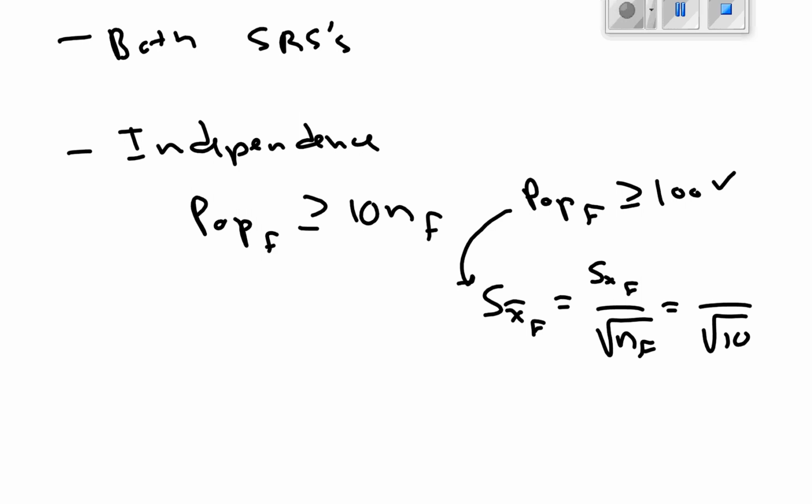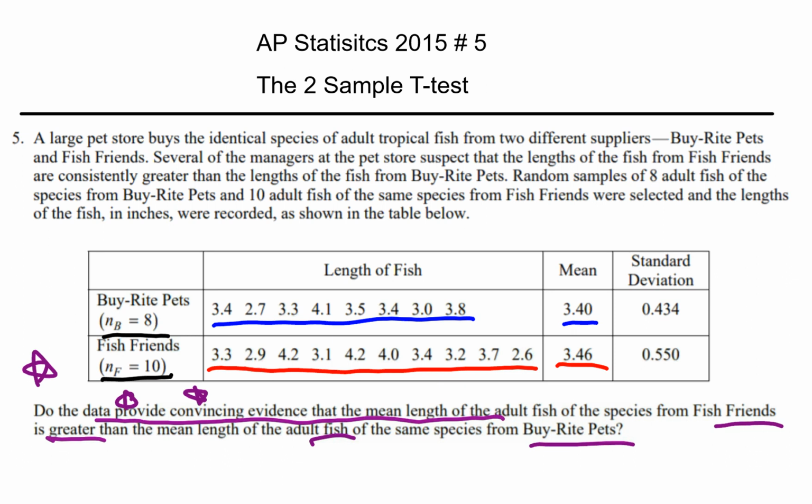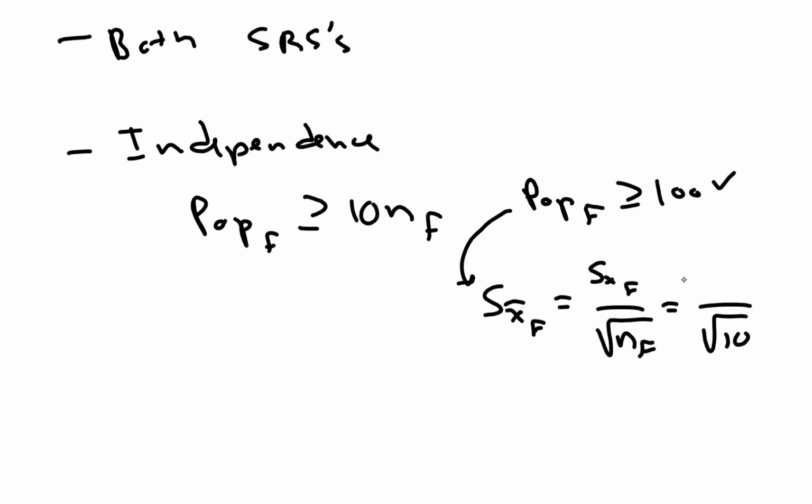Actually, before I go typing that in the calculator, I think we go back to the problem. They even told us, oh, there it is, look, 0.55. So I can just put this 0.55 here. Now I should figure out what this is. So let's do that. So 0.55 divided by the square root of 10, and we get around